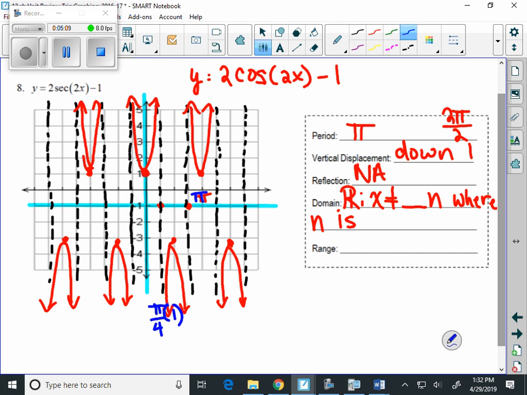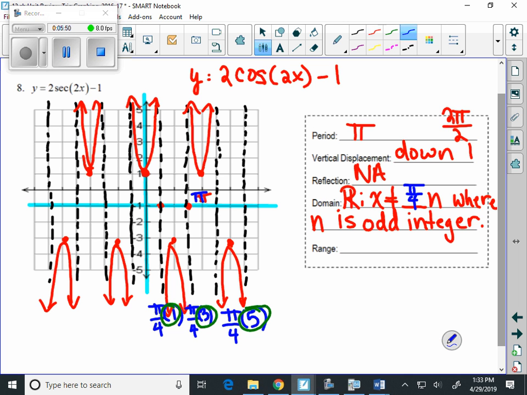Well, then the next asymptote would be pi over 4, but to get to that, we have to multiply by 3. And then our next asymptote would be pi over 4, but to get to it, we'd have to multiply by 5. And the values that we're looking at are the 1, the 3, and the 5. And what we see is that 1 and 3 and 5 are odd integers, so that we're going to fill in pi over 4n, and n is an odd integer,